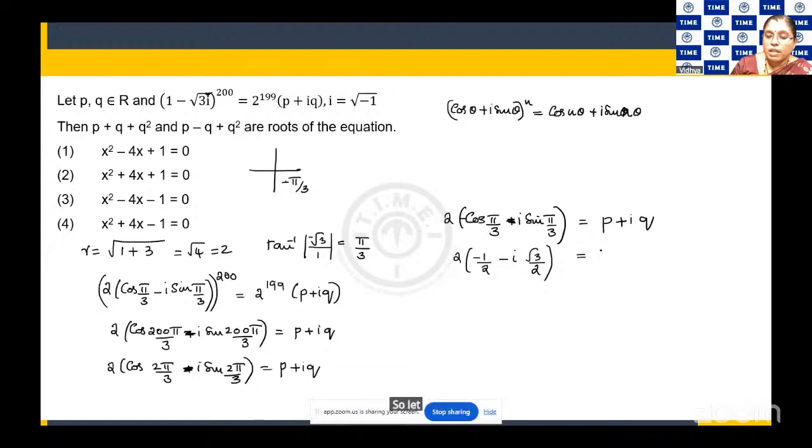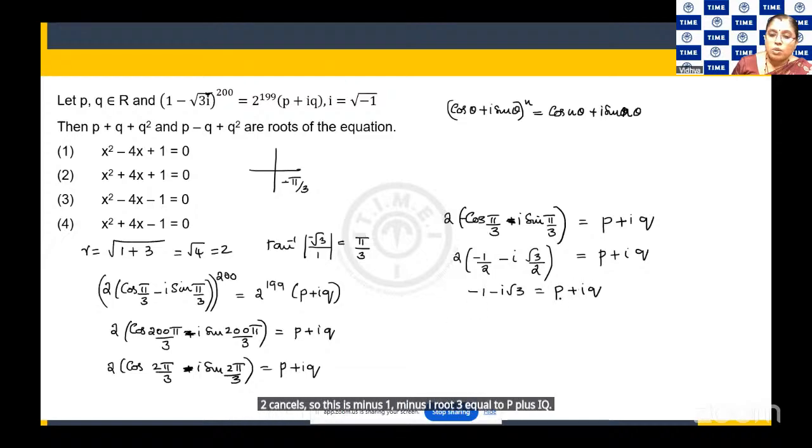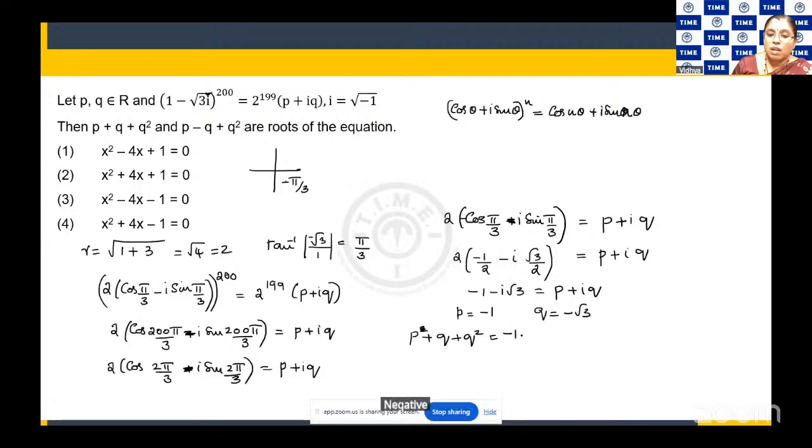So let's compare p and q. What is p and what is q? 2 cancels. So this is minus 1 minus i root 3 equal to p plus iq. So p is negative 1 and q is minus root 3. So p plus q square is negative 1 minus root 3 plus 3. So what do we get? We get 2